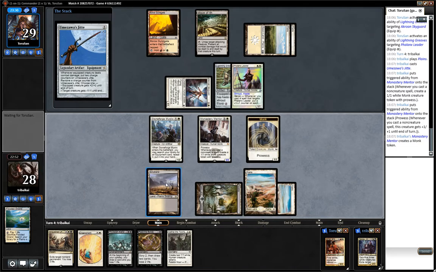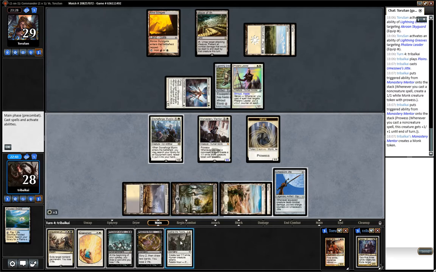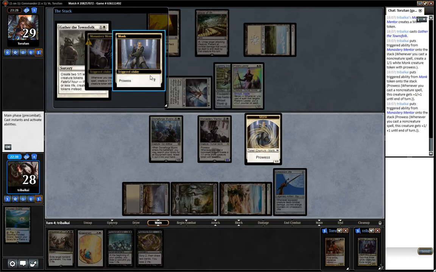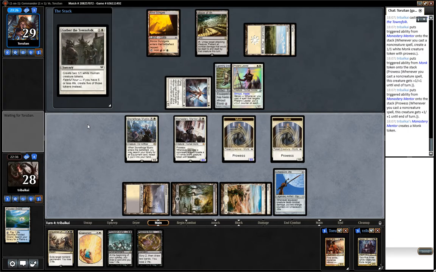Jitte will be very good in this matchup, I think. I might actually just equip. No, I think I'll just go for the Gather the Townsfolk. I don't think they're going to swing in anyway, and we can't swing in because of the Maze of Ith to get some counters on the Jitte. So